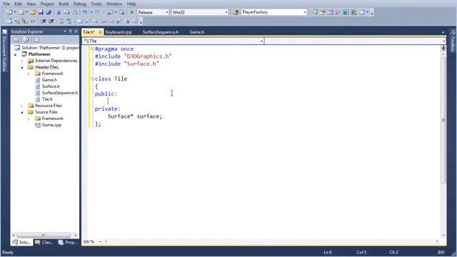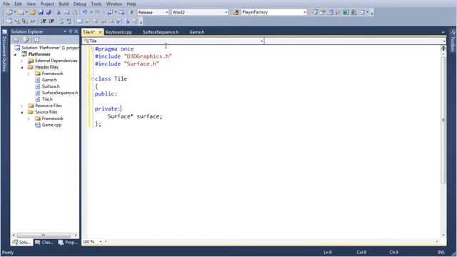The tile could be aware of its width and height and its position, and it can generate the collision rectangle whenever it's needed. Yeah, we'll start with that assumption.